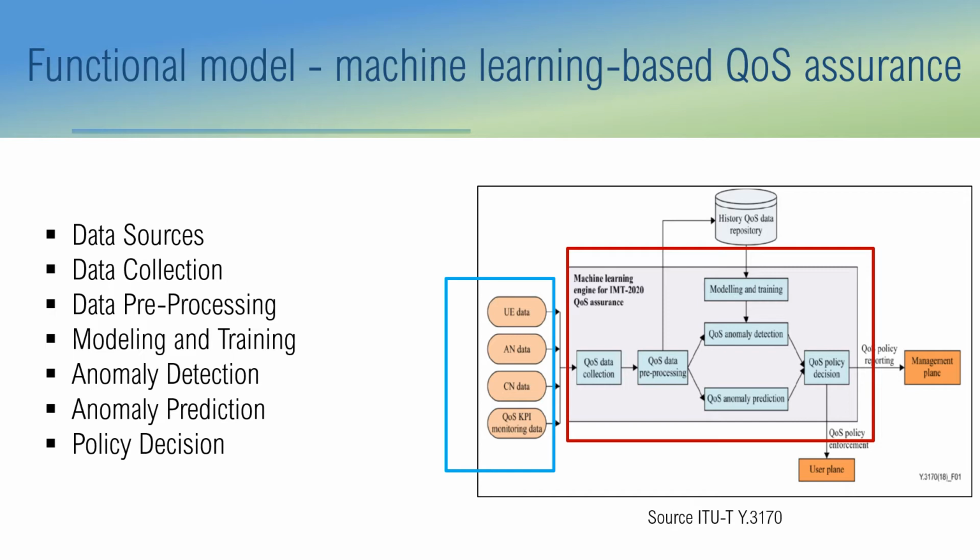Okay, so the figure shows a clear separation between the network entity and the machine learning overlay. And standard interfaces are used between the network resources and the machine learning overlay. So this will help to accommodate changes in the network which happen quite frequently. And the machine learning overlay and the network, they both can evolve independently.